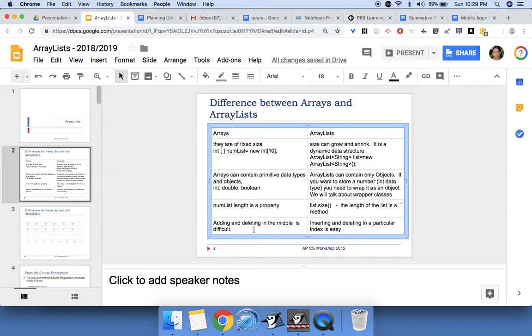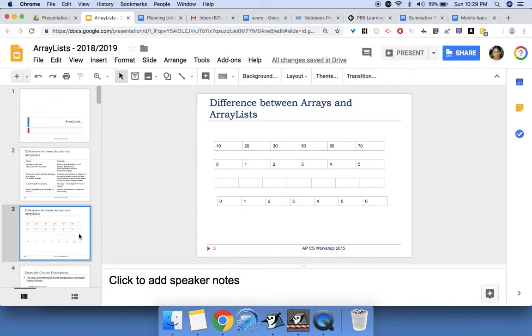Adding and deleting in the middle of an array is very difficult. We will see how. Inserting or deleting at a particular index in an array list is very easy. So let's see how, in an array that contains 10, 20, 30, 50, 60, 70, with indexes 0, 1, 2, 3, 4, 5. So this array's length is 6 elements. But I want to insert 40 here at index 3. So I cannot insert it unless